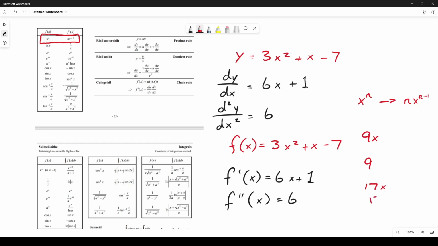17x differentiated just becomes 17. If it's a minus 17x, it becomes minus 17. You just drop the letter. That's all. And then the second special case is if it's just a number on its own, like the minus